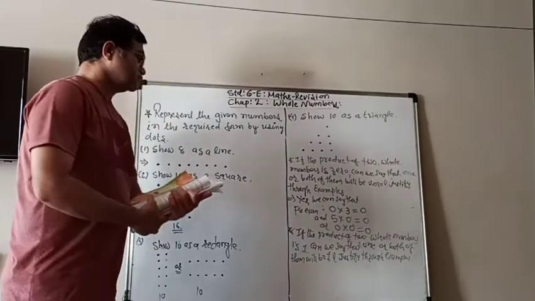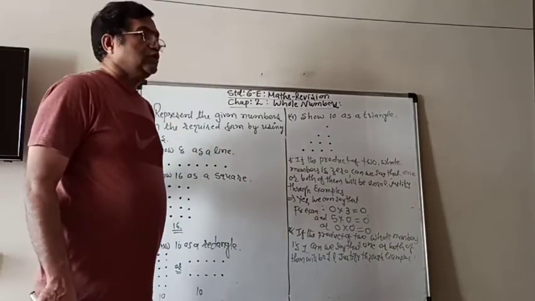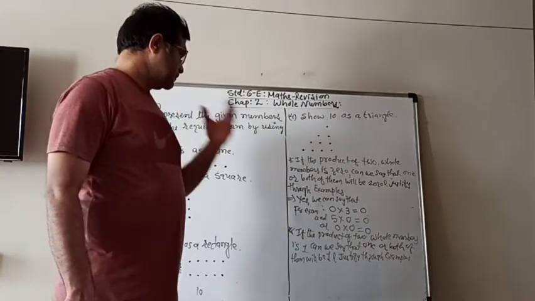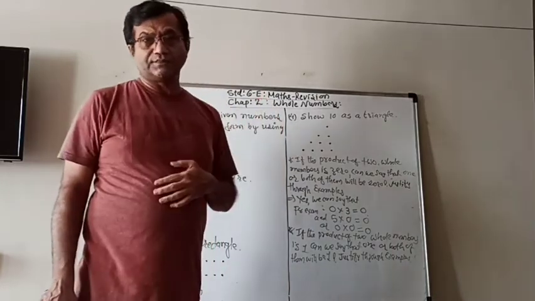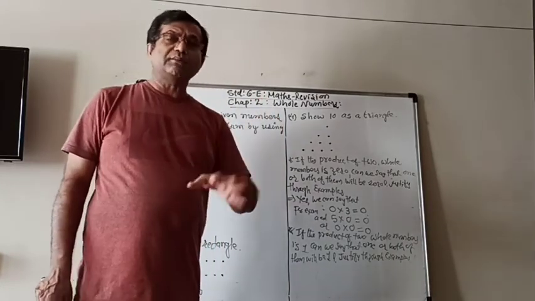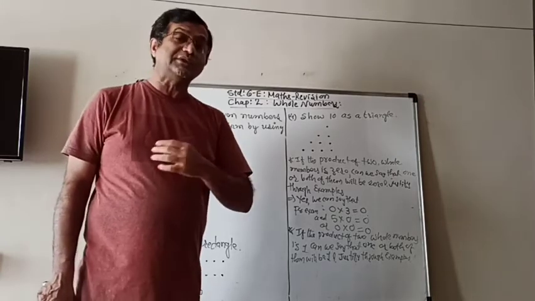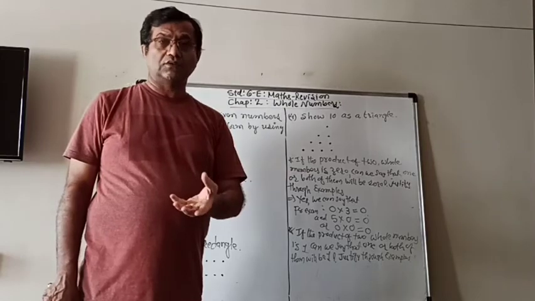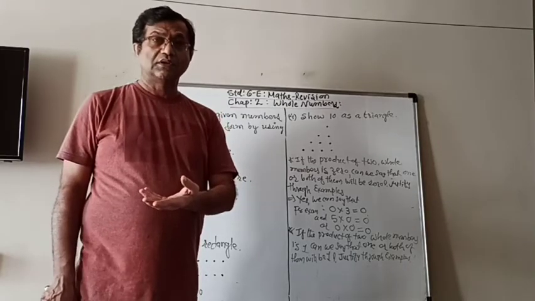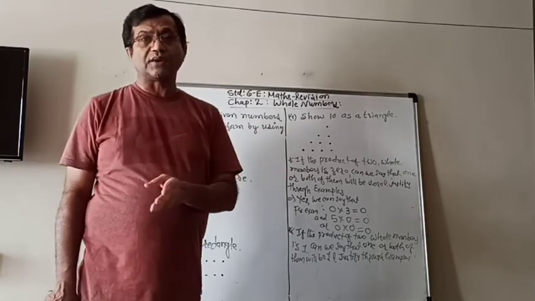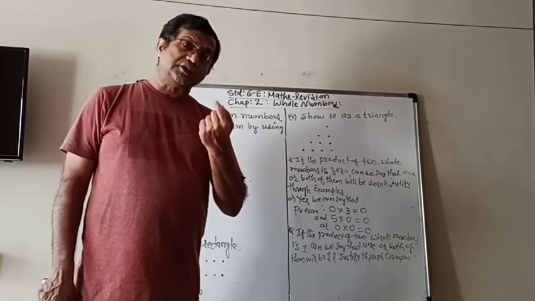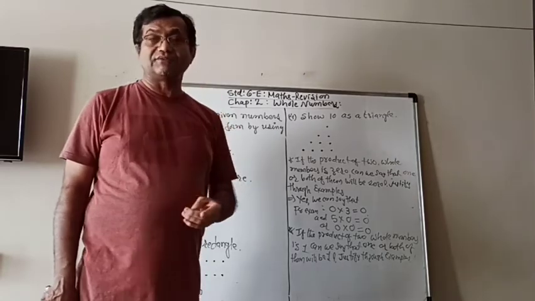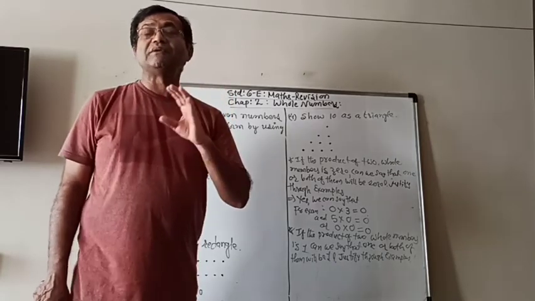Now here, if you think about it, then you will get the answer. If one of the numbers is 1 and the other number is different than 1, then what will be the product? That will be the same number. Like 1 multiplied by 5, then it becomes 5. 7 multiplied by 1 also becomes 7. But the product will be 1 only when 1 is multiplied by 1 itself. Means both numbers will be 1 only.